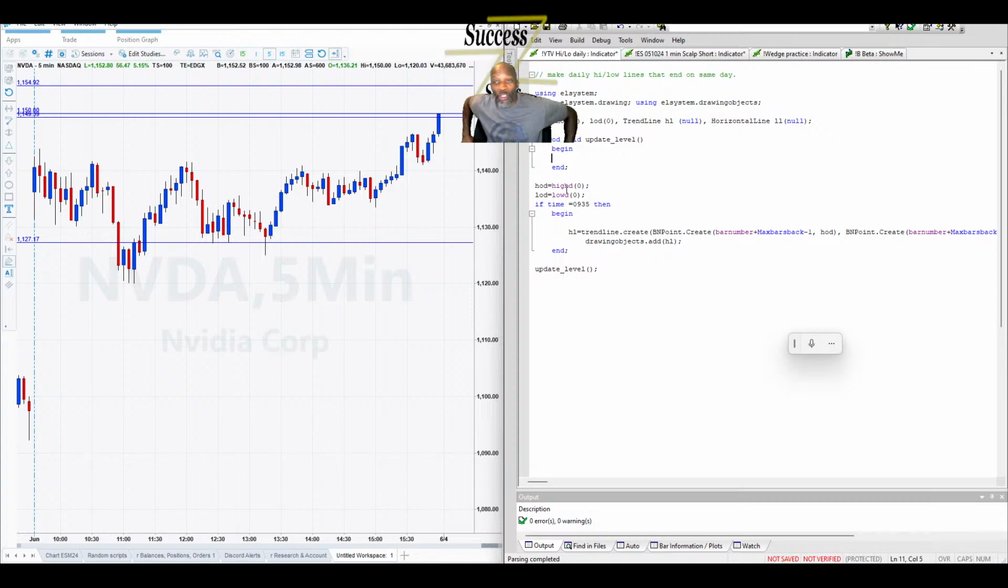Well, because it's a trend line, we also need to update the beginning point as well. The beginning point, the price level, needs to be updated. Not the bar, which is unfortunate because now we also need to keep track of how many bars have passed. So time is equal to 9:35. We're going to do that, and then we're also going to